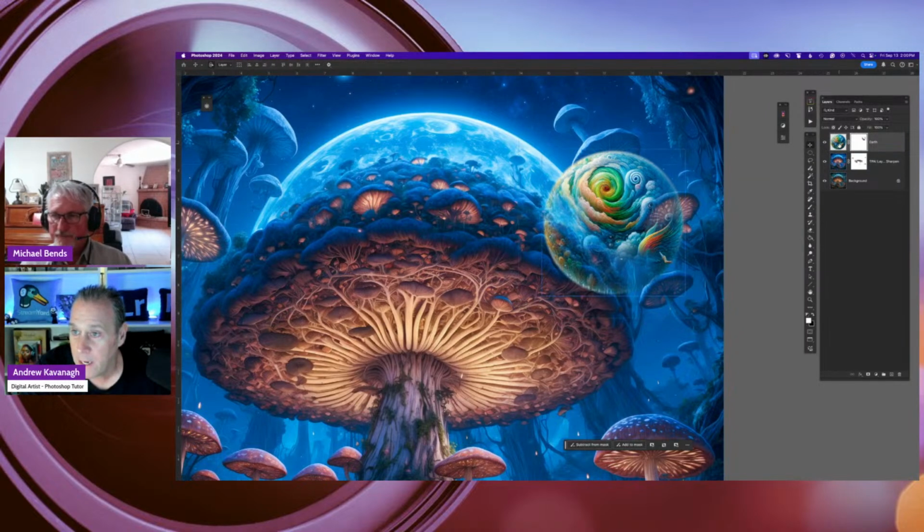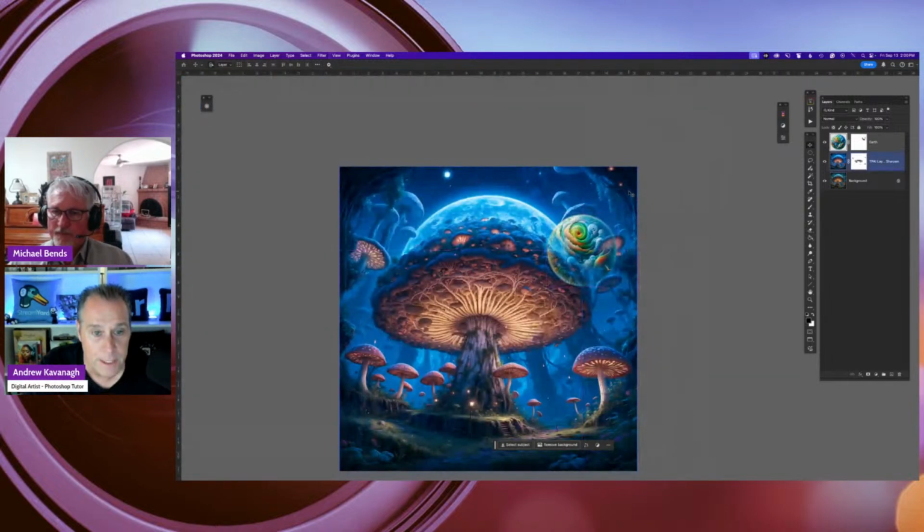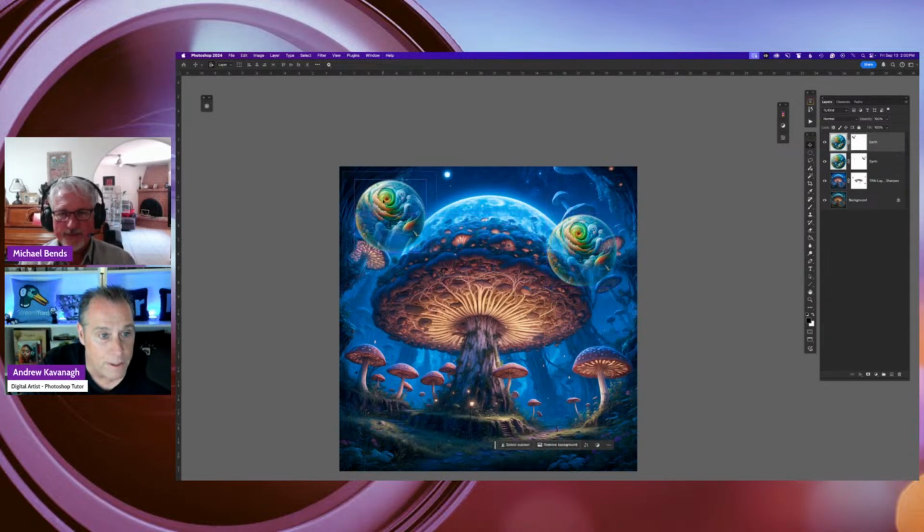And then one thing I really like about compositing is when you have an image in here, if you like that element, it's very easy. You just hold on the Option key on a Mac, Alt on a PC, and then click and drag, and then you can bring it anywhere else on your image.